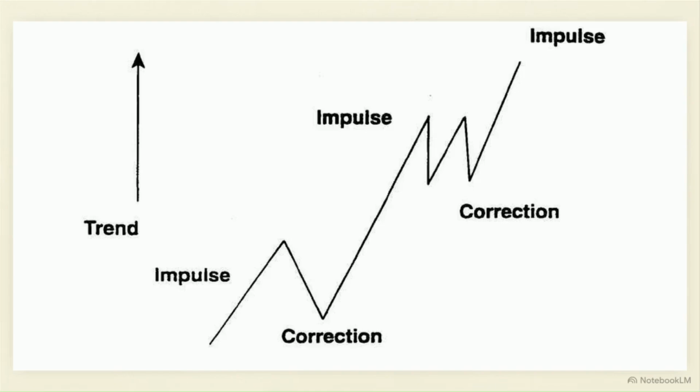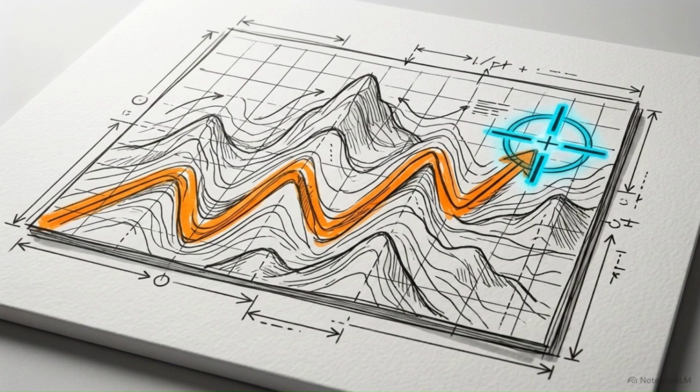This diagram shows the baseline of a 5-wave sequence with 3 trending impulse waves and 2 corrective pullbacks. Waves 1, 3, and 5 move the price in the direction of the main trend. Waves 2 and 4 act as temporary reactions against that momentum. Identifying this specific structure provides a roadmap to track how a trend matures and helps you anticipate where the next